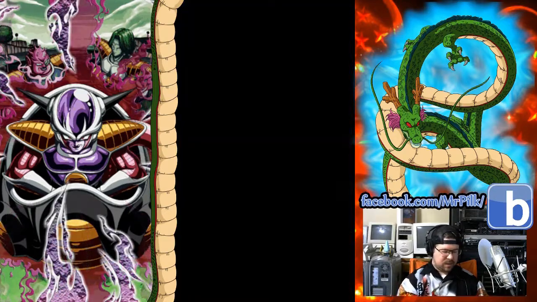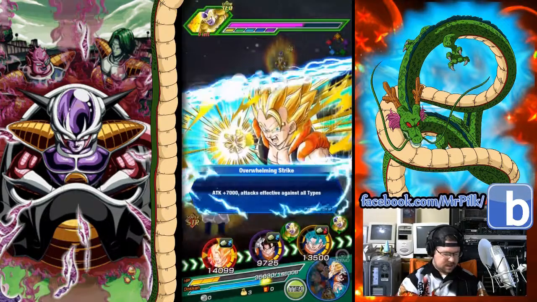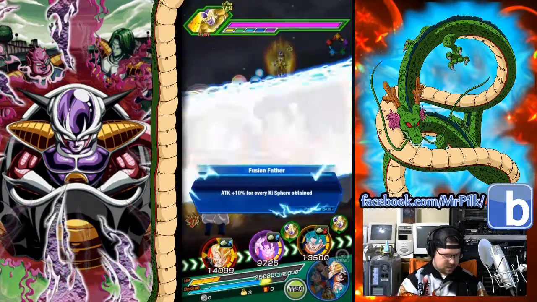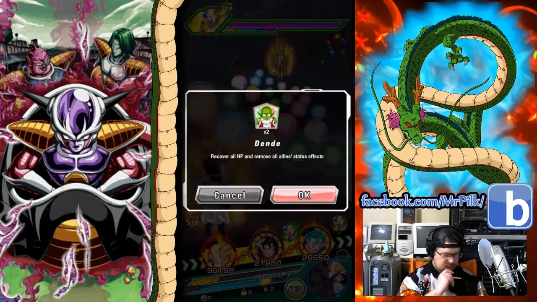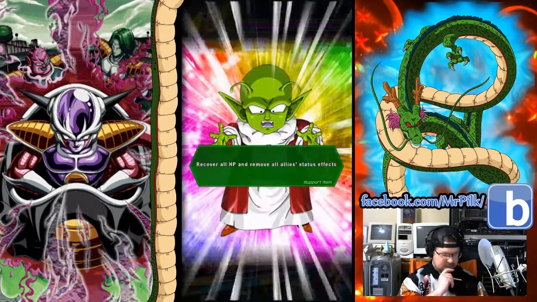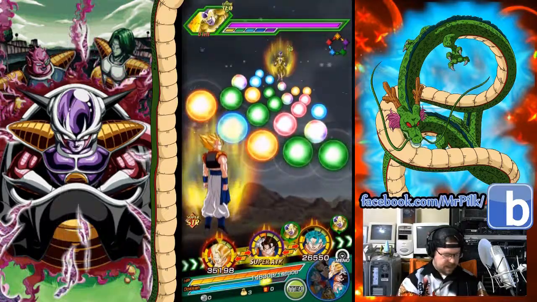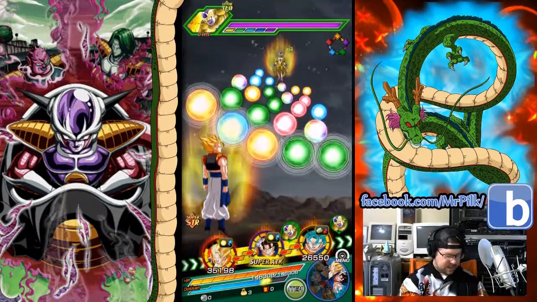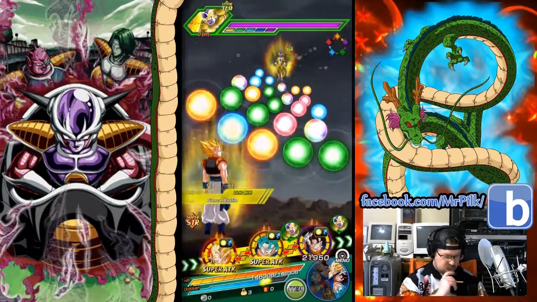Well, let's see if we can get through Golden Frieza. See if we can finish this. Let's see. Ooh, the only downside is I do not have any... I don't have a sealer on this one. Vegito is...